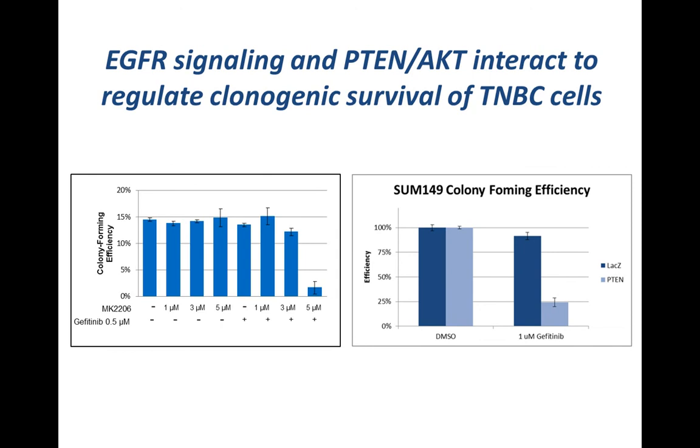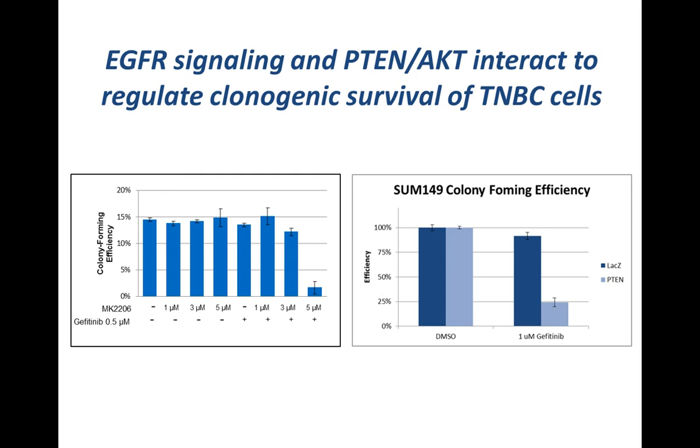But here's why this is really exciting as a potential therapeutic strategy going forward. See, as I mentioned at the beginning of the talk, gefitinib is a lousy drug in the clinic. It's a great drug in the lab, but for breast cancer it doesn't work. It works in lung cancer if there are EGFR mutations. Why doesn't it work in breast cancer? I really believe that the reason it's a poor drug in breast cancer is because we've looked at the wrong biological effect of the drug.